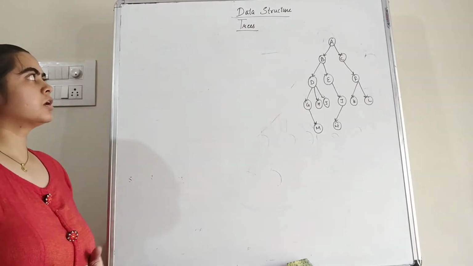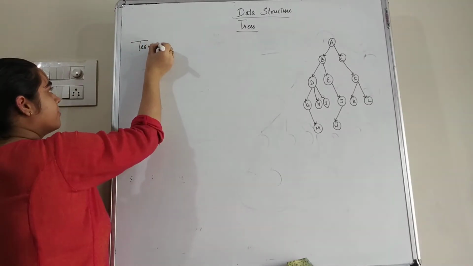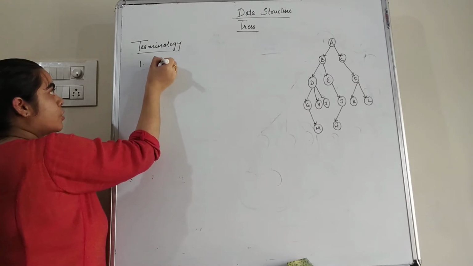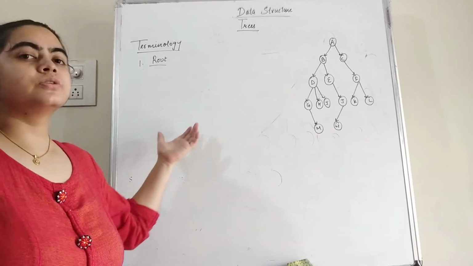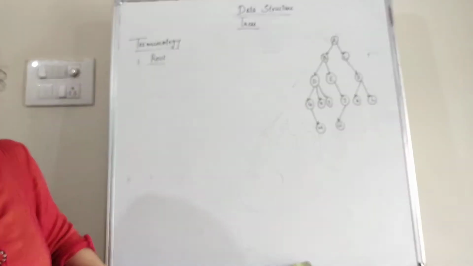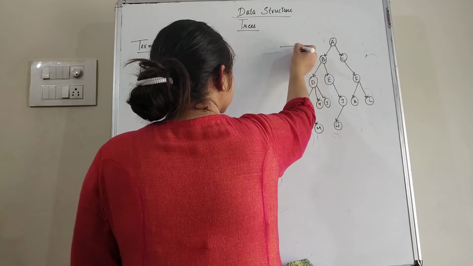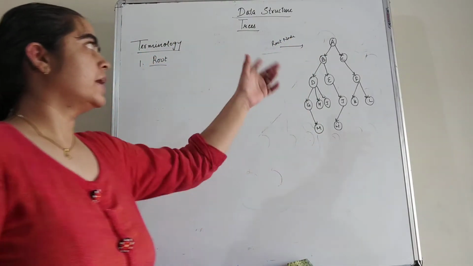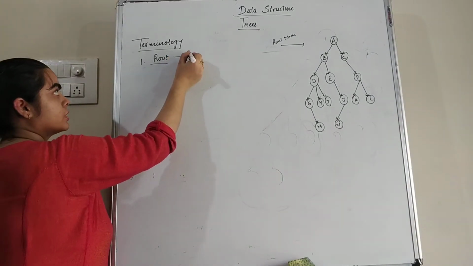Now we can see the terminology of the trees. So in the terminology we can see each and every term that is related to the tree. The first important term that is related to the tree is root. So root means the node which is always at the top of the tree, or the node which is having no parent. So here in this example we have A as a root node because this node is at the top of the tree and A is having no parent. So that means this is the root node for this tree.